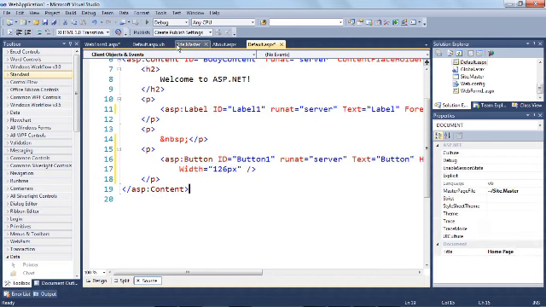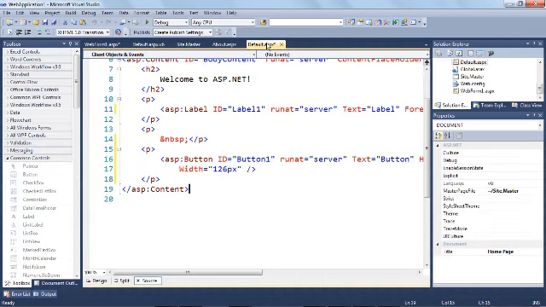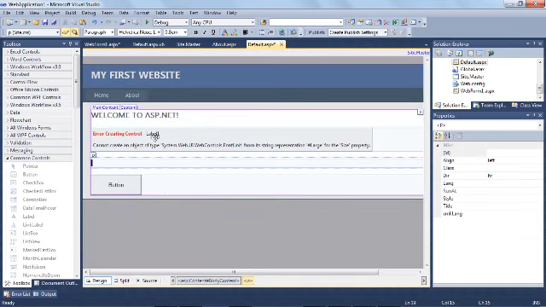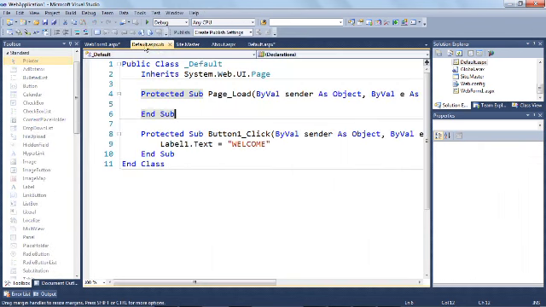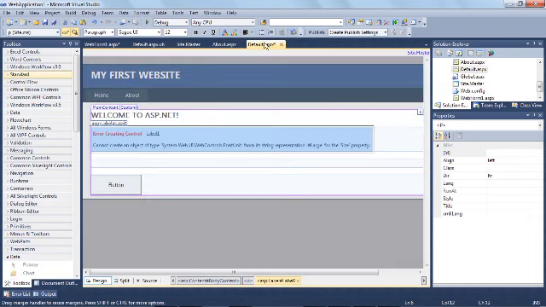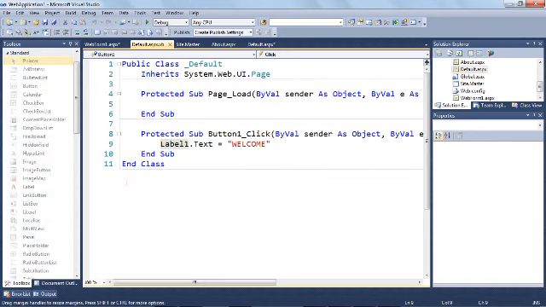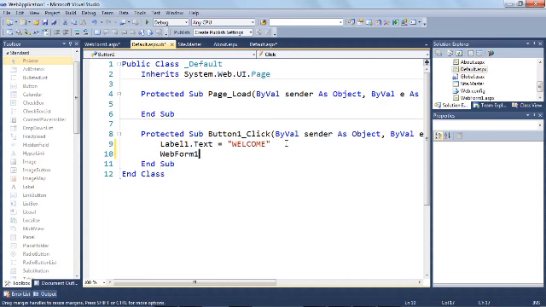Okay, then we will go for this default page, site master, default aspx. Okay, in design view, this is not the property. Okay, then in button click, you can say label one dot text equals to we welcome, and web form one dot